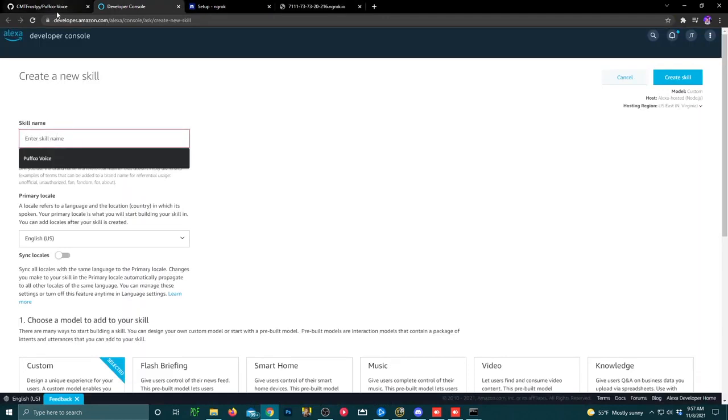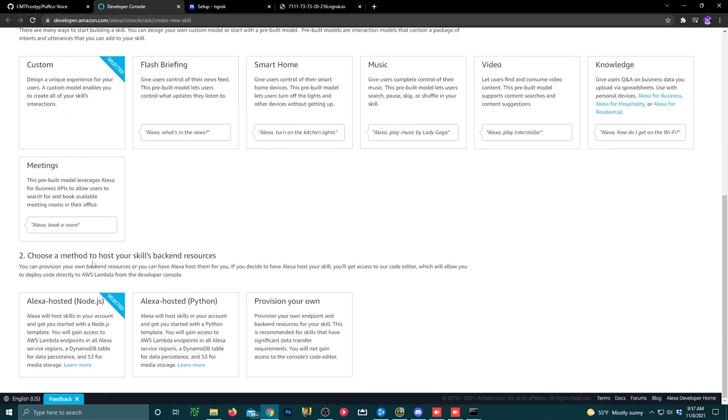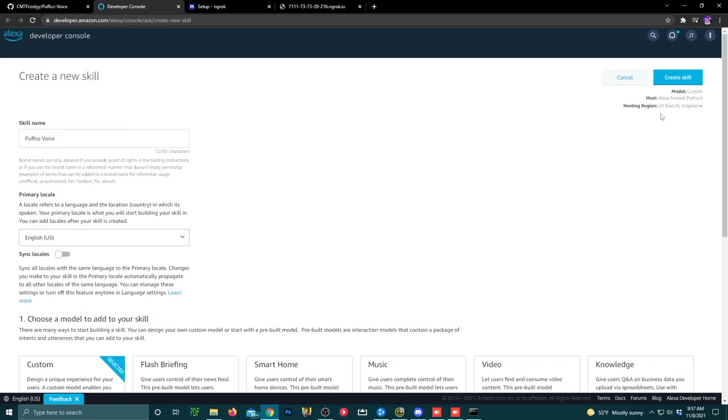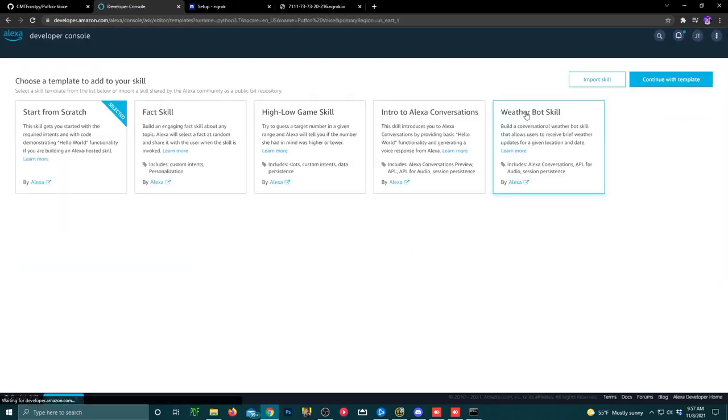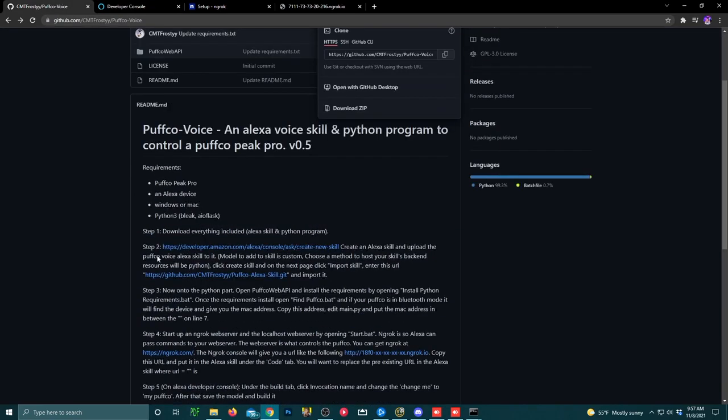Next, we're going to go over to the Amazon Developer Console and create a new skill. We're going to call it Puffco Voice. Then from there, we're going to scroll down to the bottom, enable Alexa hosted Python, then create a skill. After that, we're going to import a skill, go back to the GitHub and copy the link in step 2